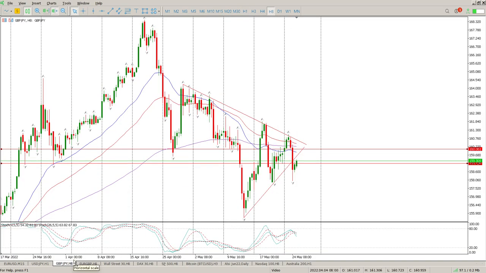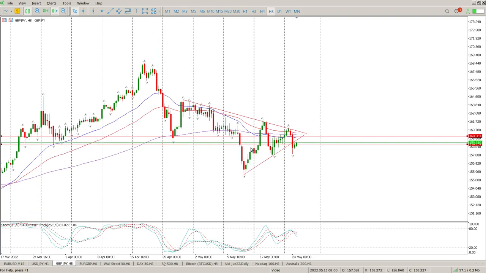British pound, Japanese yen. Yesterday we looked at this triangle. The triangle has broken. I'm looking for a retest of the apex of the triangle, which will be up here around 160.061. So in other words, typically what happens when these triangles break is you end up forming a range, something like that. At the moment, I'm looking for a retest back into the middle of the range, alternatively onto the apex of the triangle, and I'm looking for a